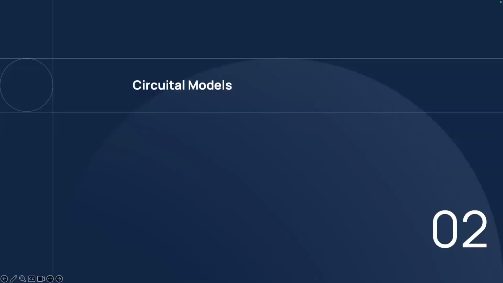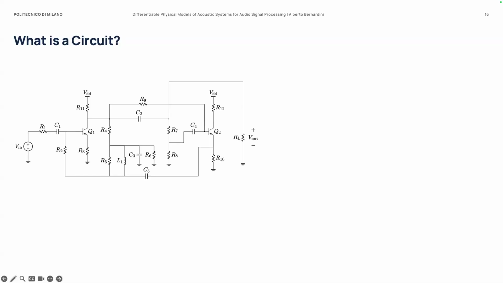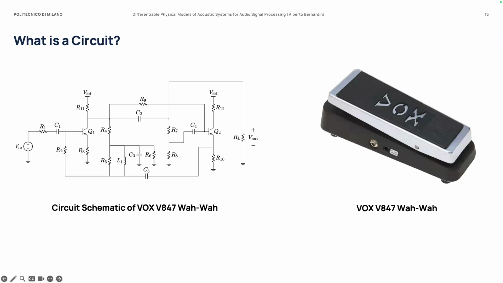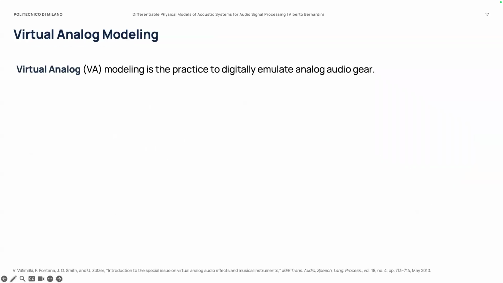I will start with some examples related to circuital models, but before that, I will do an introduction about circuit models in general. So what is a circuit? A circuit is something like this, okay? For example, this circuit containing two BJTs is the circuit of the wah-wah pedal. And the idea is that,